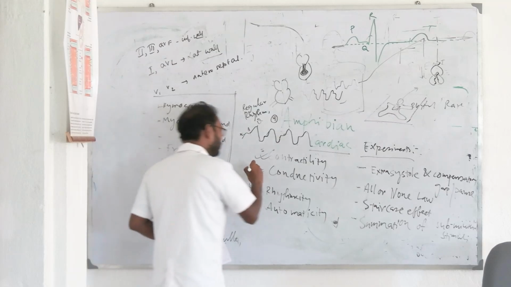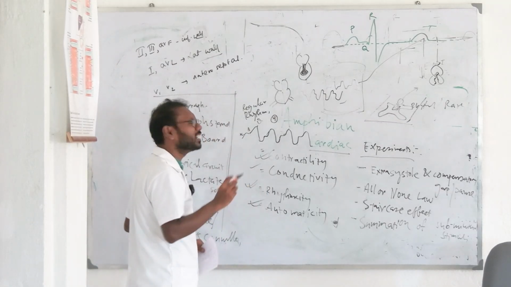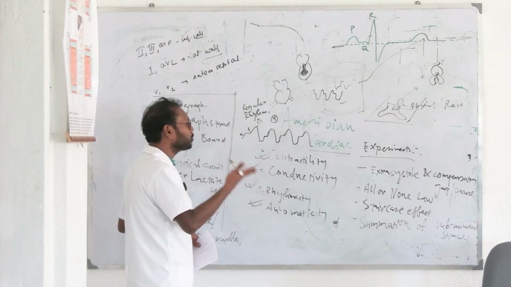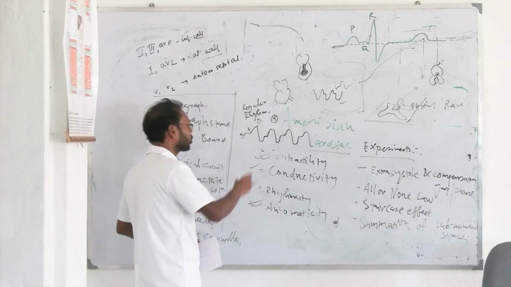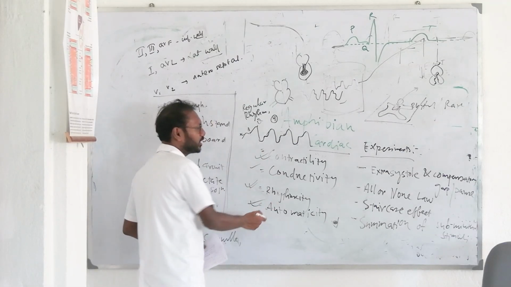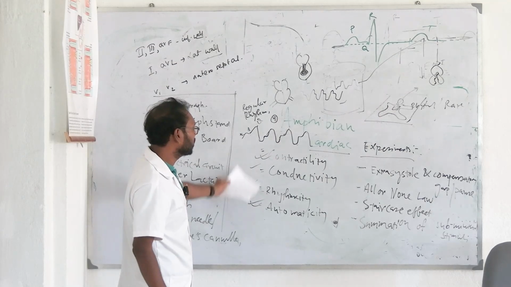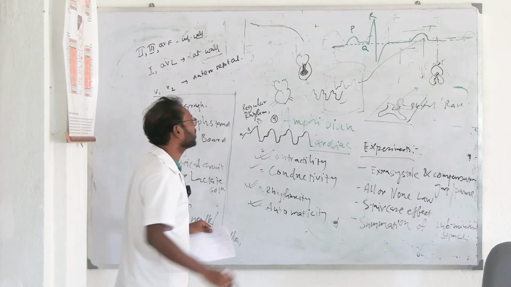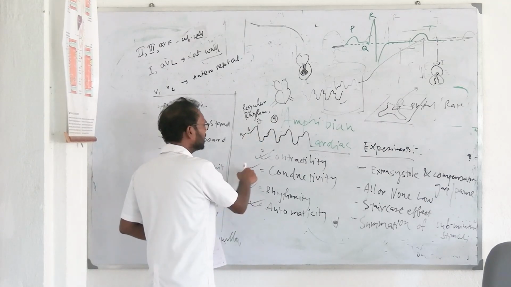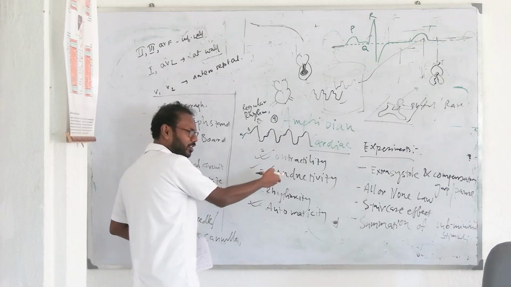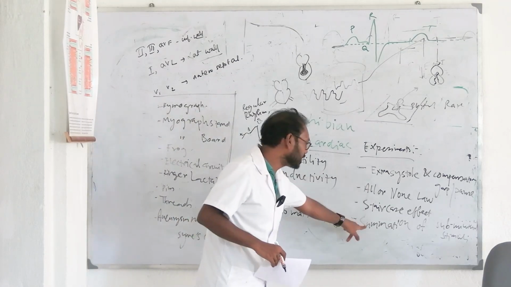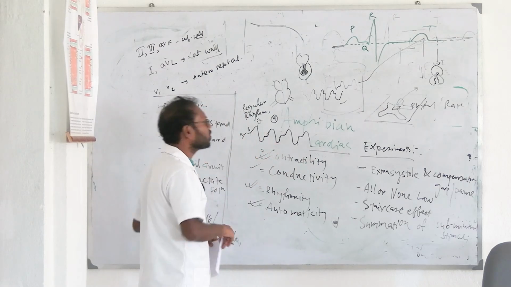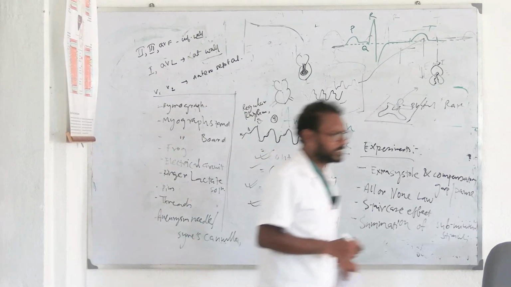So for now conductivity is also a little bit proven, not completely but a little bit proven, that the conductivity is also uniform and okay. So contractility, rhythmicity and automaticity, these three things are definitely confirmed via this normal graph. This is half confirmed, we will confirm the conductivity and all these things just now in our next experiment,